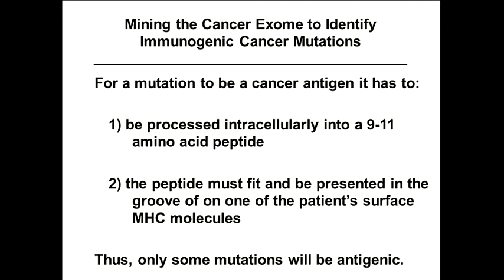Well, we began studies to see if we couldn't mine this cancer exome, the cancer mutations, to identify whether there were mutations that were immunogenic. Now, for a mutation to be recognized by the immune system, it has to fulfill at least two criteria. The first is it has to be processed intracellularly to a 9 to 11 amino acid peptide, because T-cell receptors recognize small intracellular peptides that are brought to the surface of a cell and fit into the groove of an